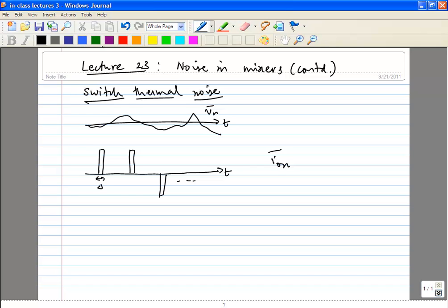And the pulse width delta t depends on the noise voltage and the slope at the zero crossings. Okay, and the amplitude of the pulse was 2It, where It is the tail current. And the other thing is it occurs every half period. Okay, so what we'll do is,